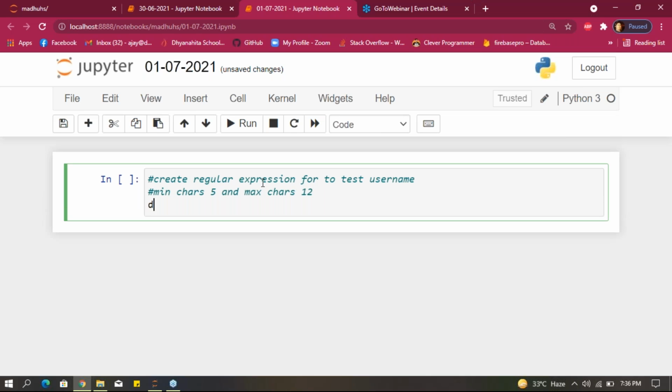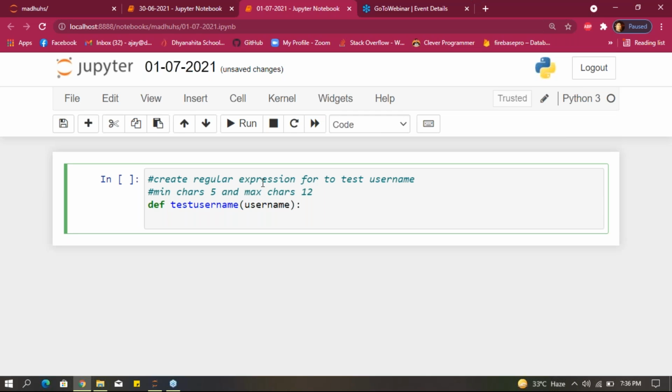Look here. First, we have to define a function. I'm giving it the name test username, and username as a parameter. After that, take this pattern. What is the pattern for this maximum and minimum? First, to start the regular expression, we use the cap.